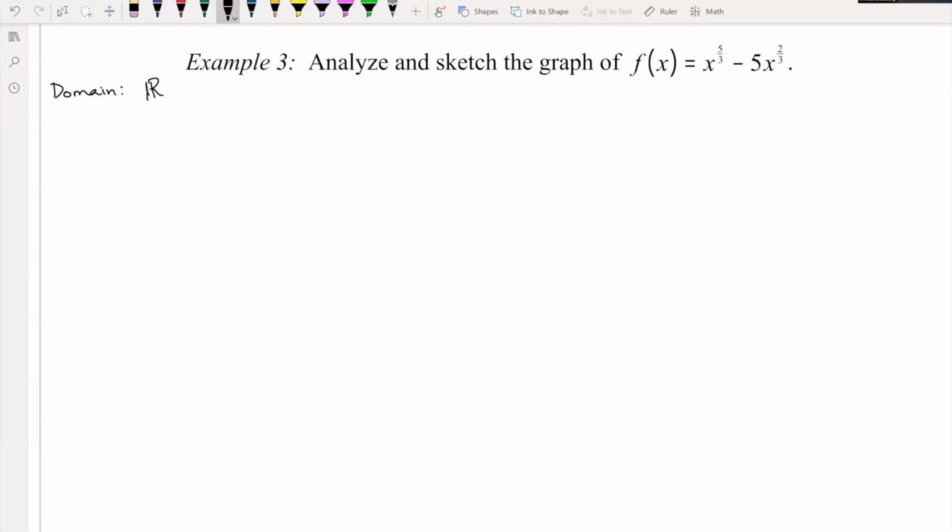There's no square roots here, right? Square roots are a problem. You can't take square roots of negative values. But cube roots, you can take cube roots of anything. Let's look at